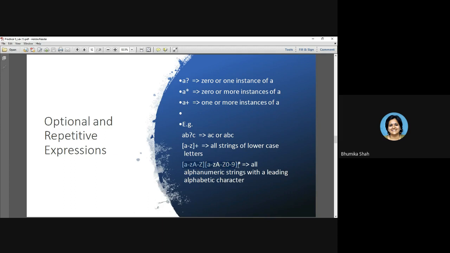Now observe this string. At the first location, you can have either a small letter or a capital letter. But from the second location onwards, you can have any small case letter, capital letter or digit, and multiple occurrences of it, star. Are you getting this? So all alphanumeric strings which always begin with an alphabet can be generated. These are just examples. We are going to do more with our programs.